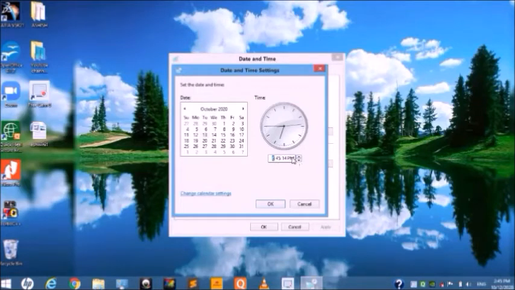Okay, so if you want to change AM and PM, select it and in this way choose AM or PM. It means you make the changes in the calendar and in this individual clock as needed by clicking and selecting some individual parts. So in this way we have to choose date and time, and lastly we have to click the OK button.